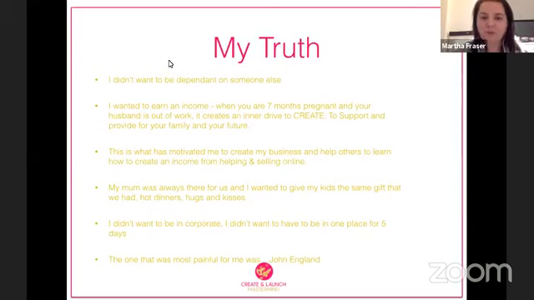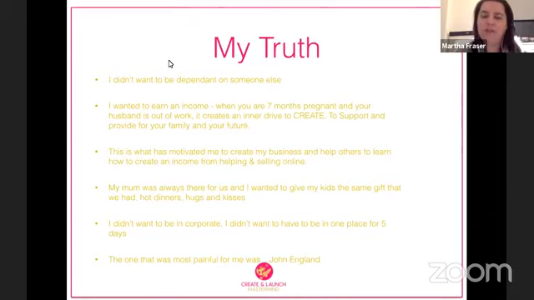So my truth is that I didn't want to be dependent on someone else's income. I wanted to earn my own income. And I think that was a massive motivation for me. And for you, as I'm describing this, I'd love you to check in with what your story is. And if you can have a notepad as we're going along and just take some notes and think about for you, why do you want to do this? Everyone is going to have their own reasons. Everyone's going to have their own motivation.